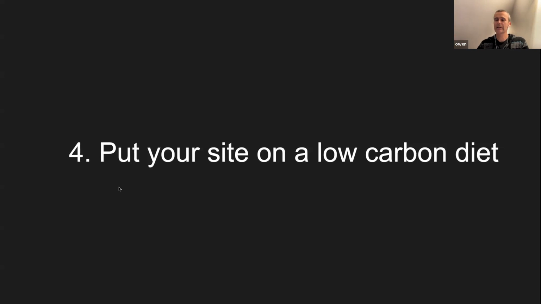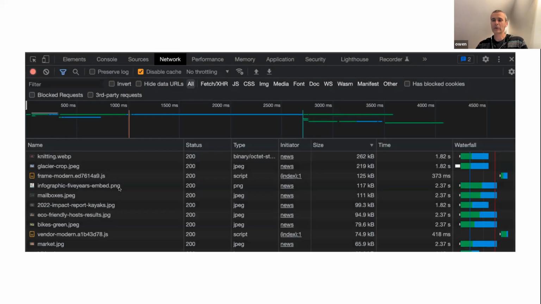which comes to the next key way that DevOps can make a difference, which is to put your website on a low carbon diet. So what do I mean by that? That means going through and looking at what resources are served up from your site, and determining: are we using image compression?